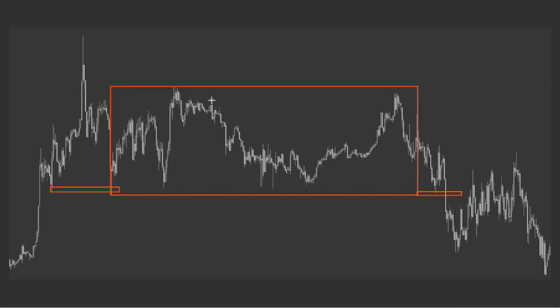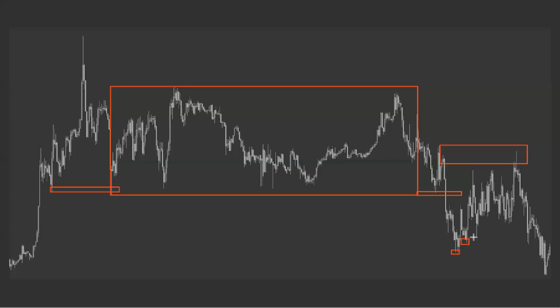Okay, so that whole structure is technically your FTR, and this is the area from which price left with good momentum. Okay, that's the area from which price broke out of that FTR. So it's a really good place to look to go short, and as price approaches the level, note how it's